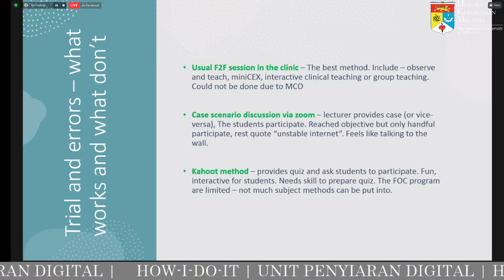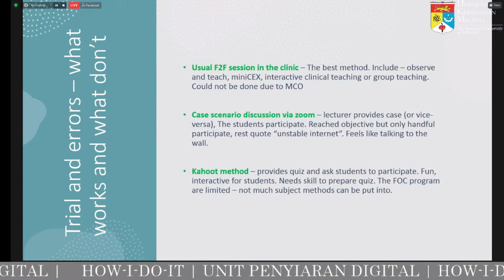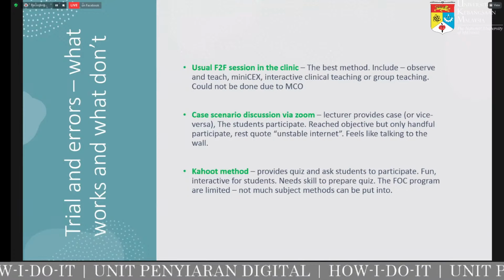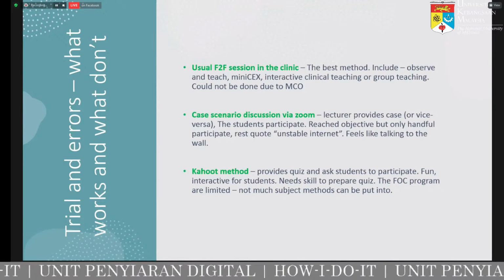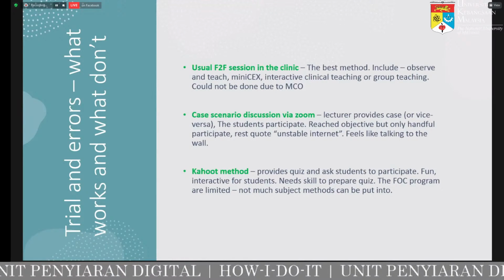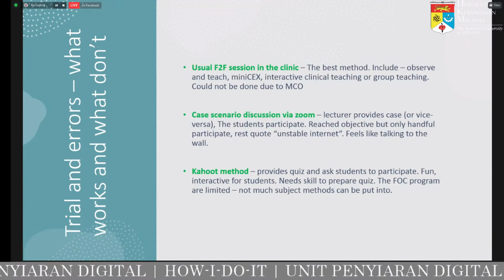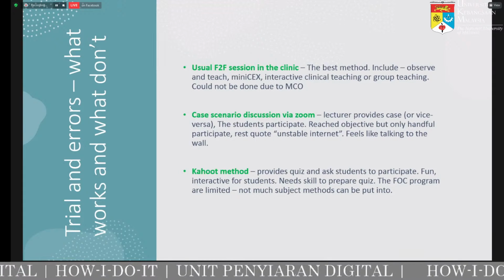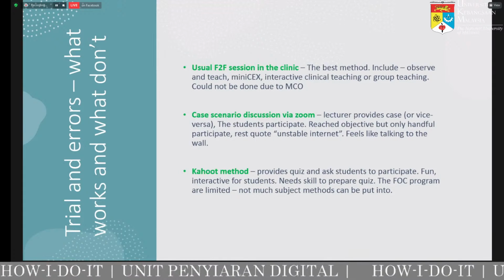So Kahoot is a good method. It might be a good way to start an interactive session for the students, but it cannot be done as a full clinical teaching. But as I said, this is from my own experience. Maybe somebody among the participants has other experience with it. The next one that I did was